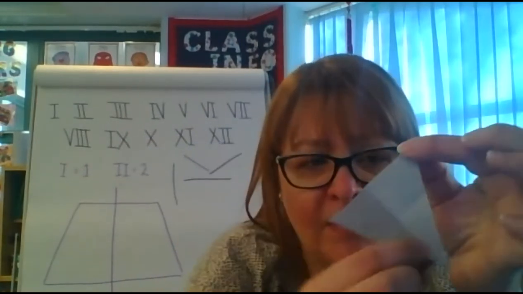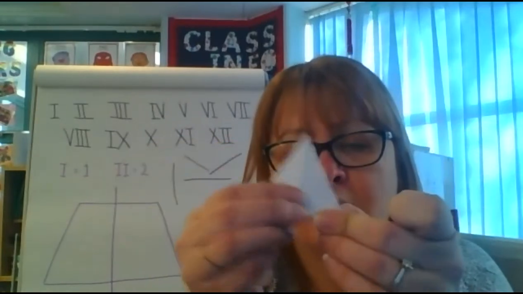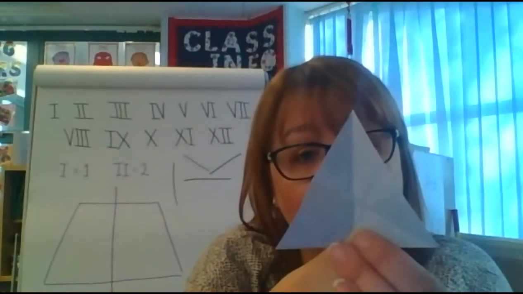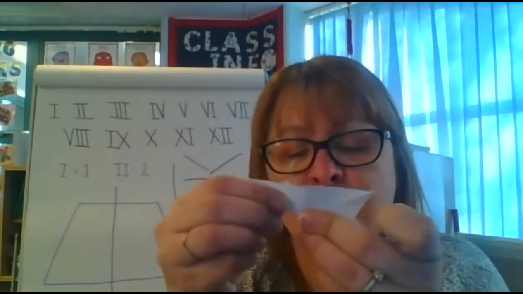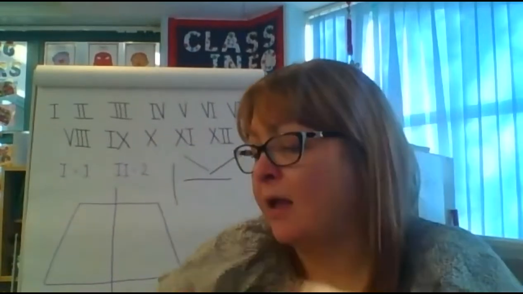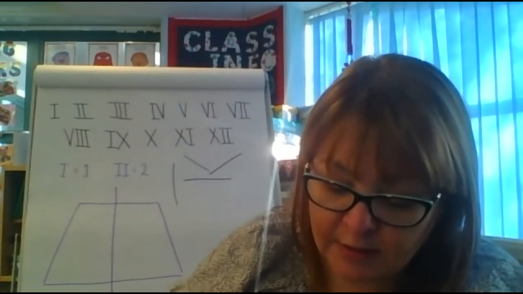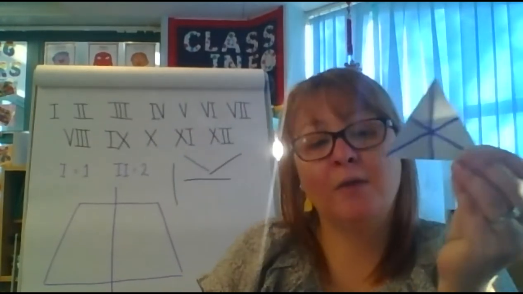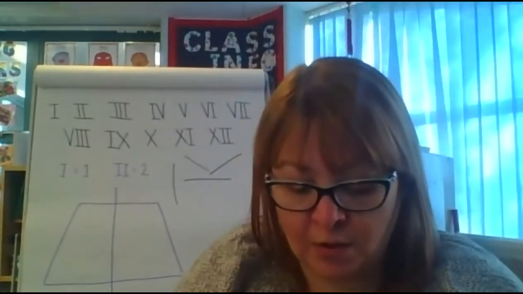If I folded it from this point through the middle, you can see that when I open it out, it looks the same. And again, on the last point, if I fold it in half from the corner, from the vertex, I can see that it looks the same. If I was to draw on those lines of symmetry, obviously using a ruler, but I haven't got it to hand, you can see that my equilateral triangle has got 3 lines of symmetry. 1, 2,